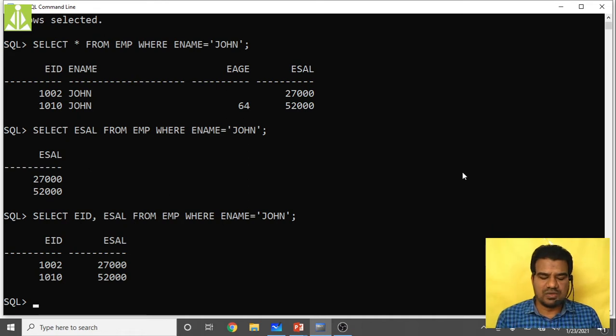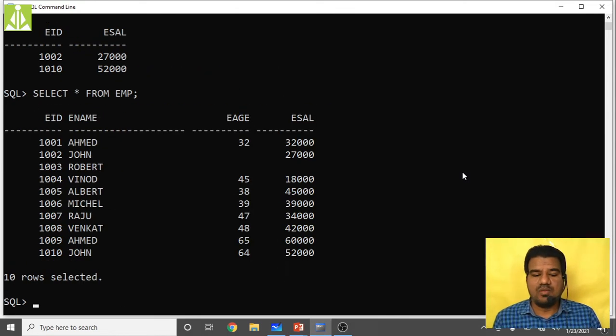Hopefully you understood. Next, once again, you just print the table from EMP. Now I want to retrieve the age of Robert. Robert's age is not there now, so let us say I want to retrieve the age of Albert.